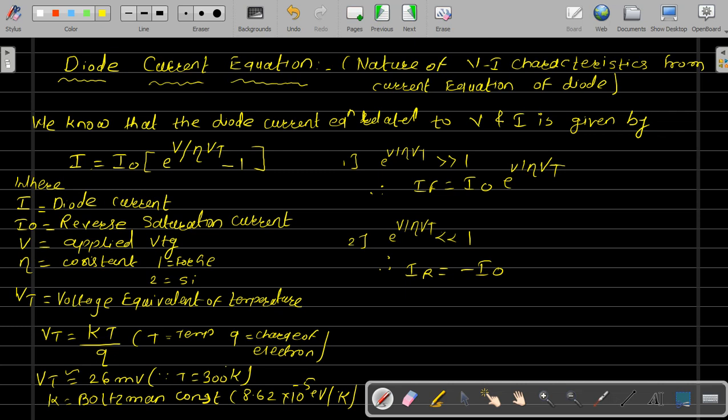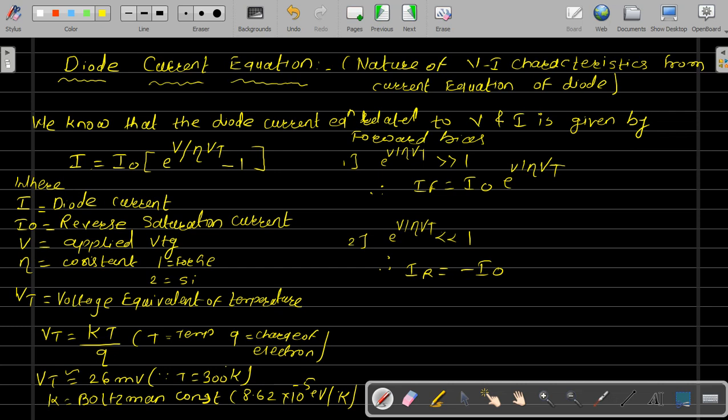Let us take the first condition, forward bias. I am going to validate that this current equation is applicable for forward, reverse, and unbiased. So let us see the case of forward bias. Whenever we apply forward bias, the biasing voltage V, the input voltage which you apply, has to be positive, and when this value is positive, the exponential index is positive.